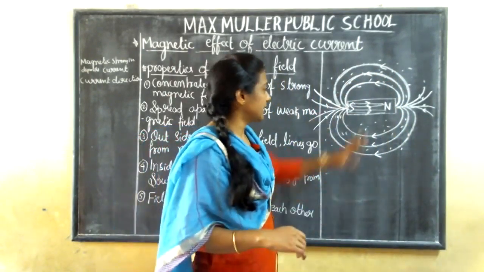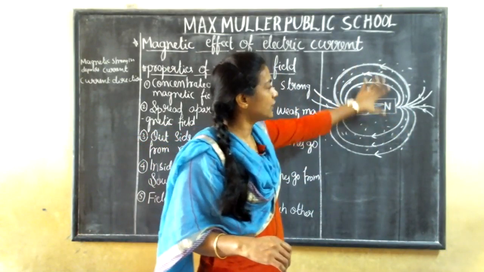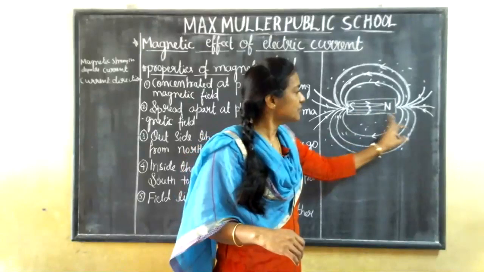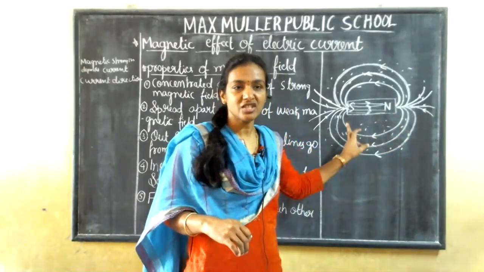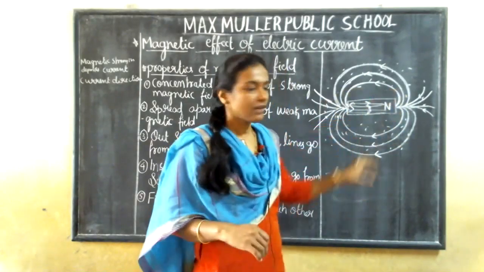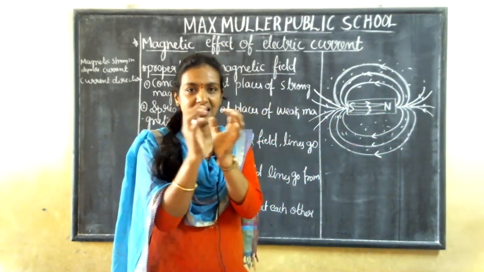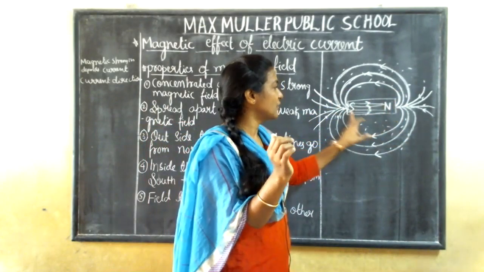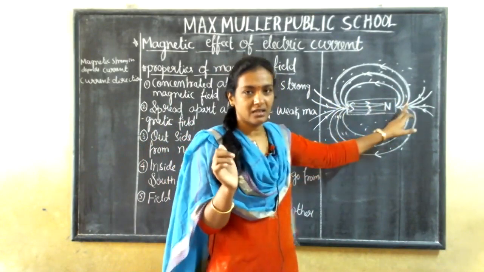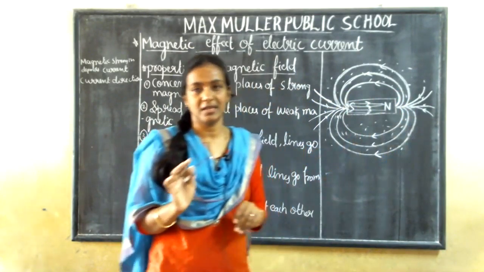Okay, third property. Can you see this one? Where do you feel a more magnetic force in this? In the edges of the magnet, no? Yes or no? In the edges of the magnet, you can feel the more magnetic field from the North Pole and the South Pole. In the poles, you have more concentrated magnetic field, because you can see the lines rushing towards a pole here. So you have more magnetic field in the poles.